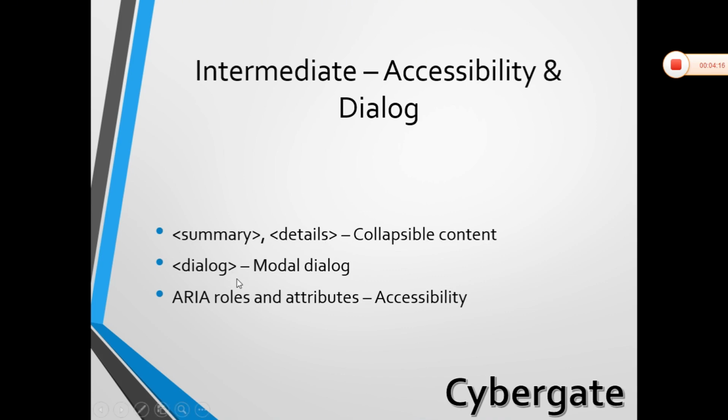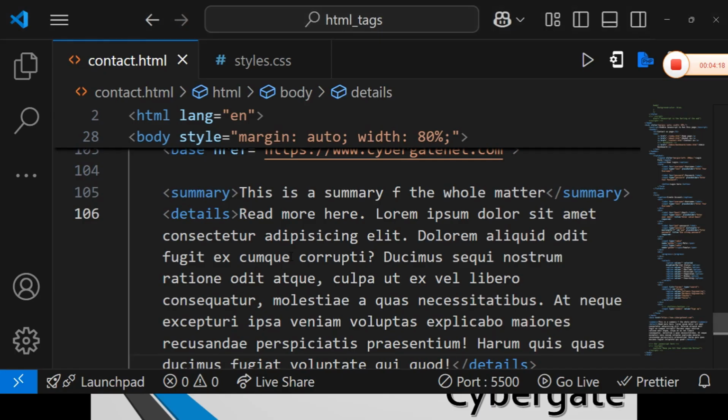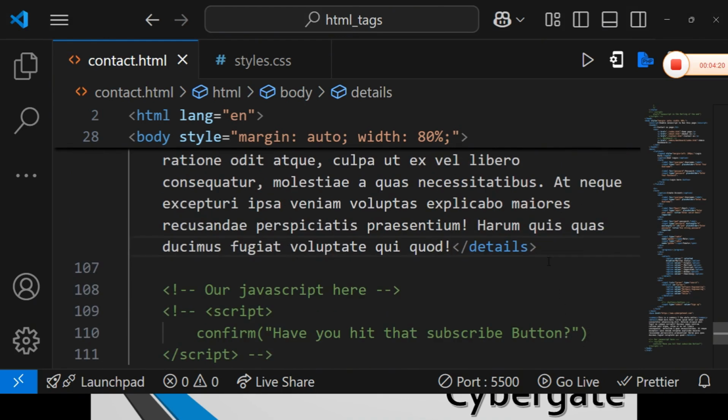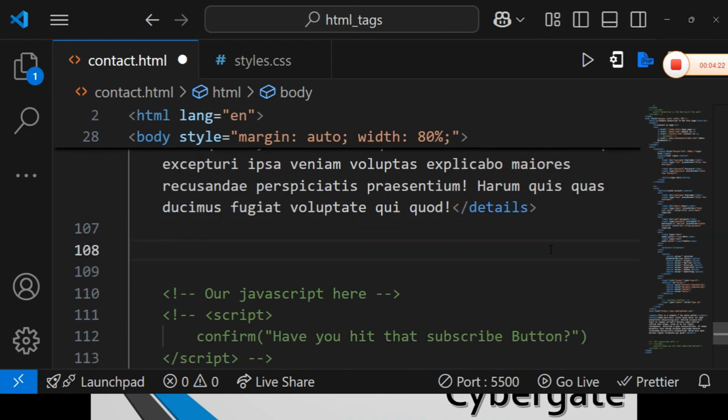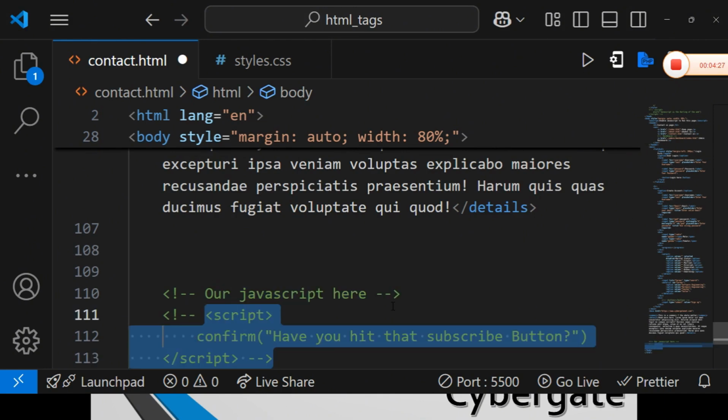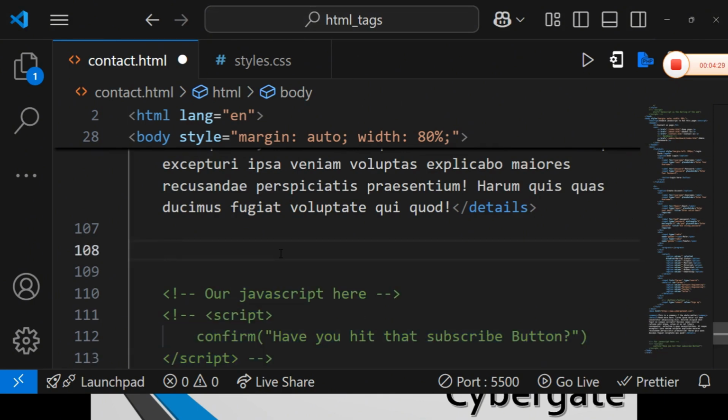We'll have the dialog box. Yeah, this dialog box is actually used for modals, right? We use it for modals. That is a modal box, like a pop-up. Okay, a pop-up, just like we did when we used confirm. It brought a pop-up on the window. Yeah, that's what it does. But of course, it's not going to do anything if I put it there. I can say this is a modal. It's not going to do anything because you need JavaScript to implement this, right? So this is a modal